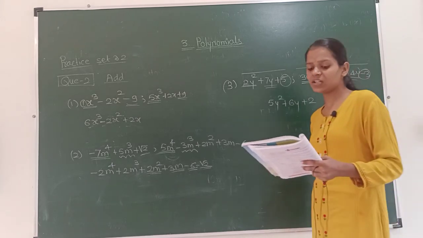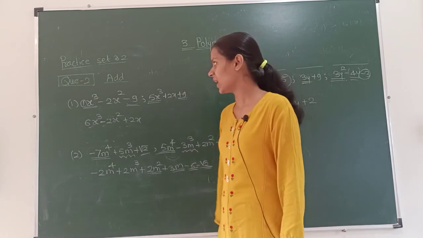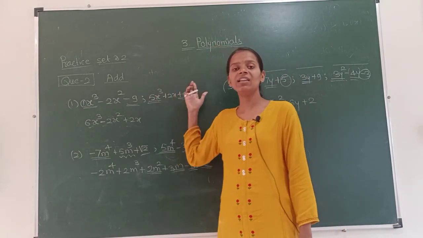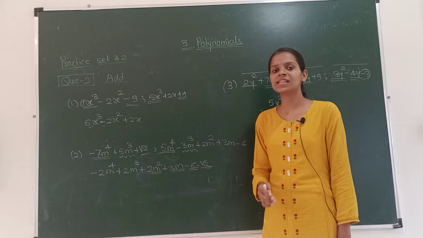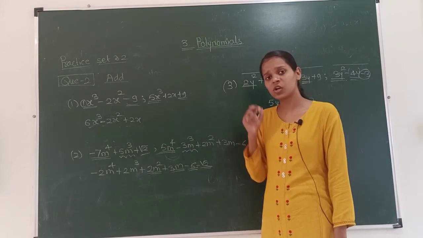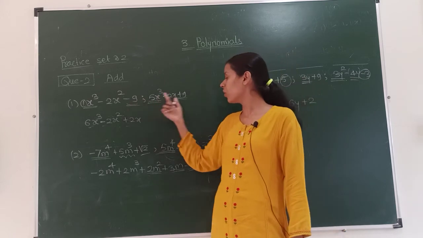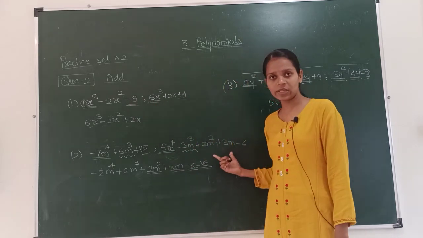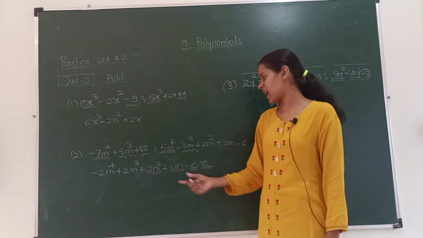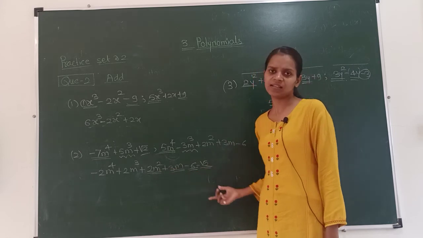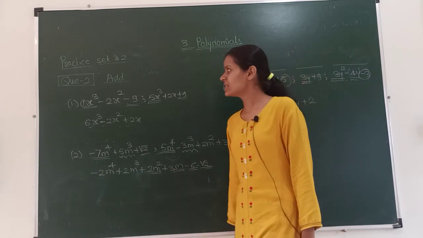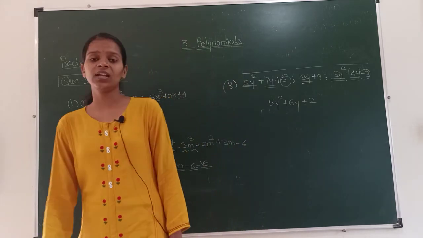We have completed your question number first and question number second. Keep in mind, while we are adding two polynomials, we have to add the like terms only. Otherwise, the terms which are not like, or the terms you don't find in the next polynomial, these terms we do write as it is in the answer. Okay, it is very simple. If you want this, you can take the screenshot.